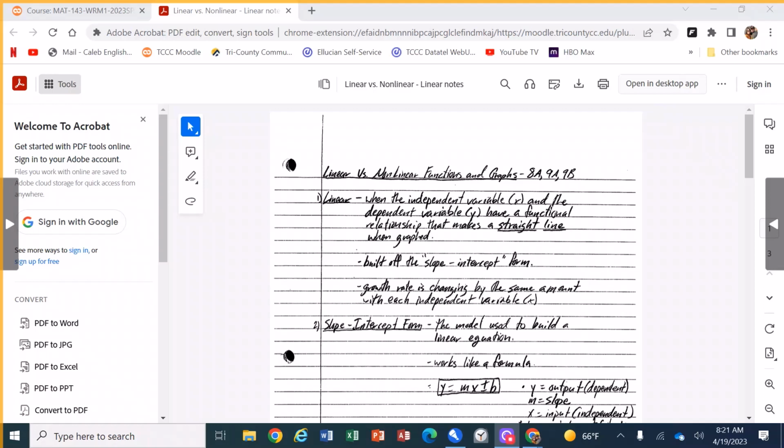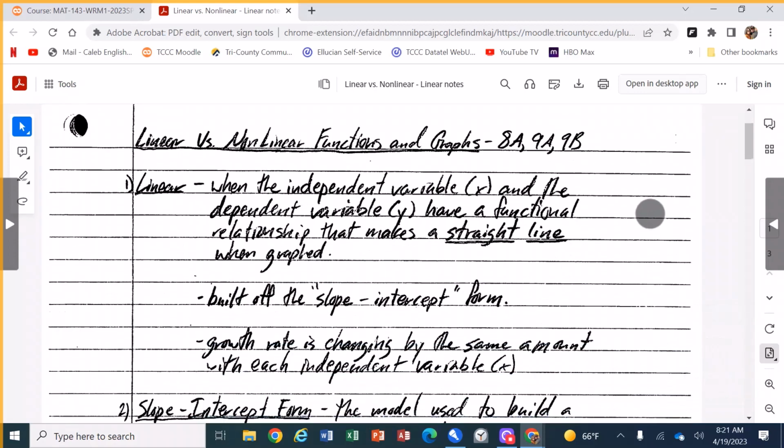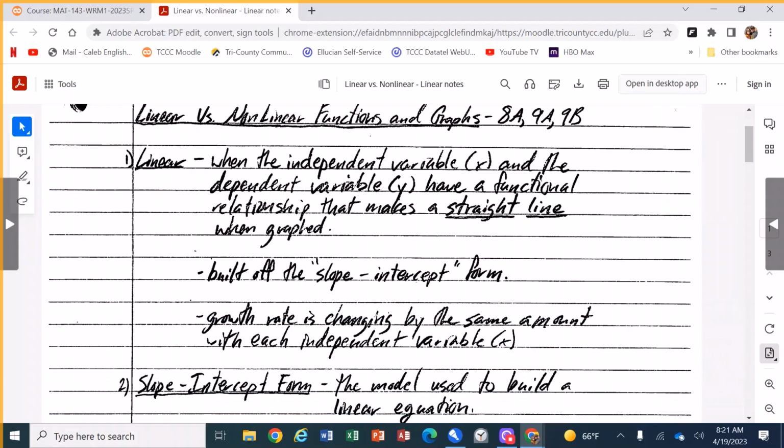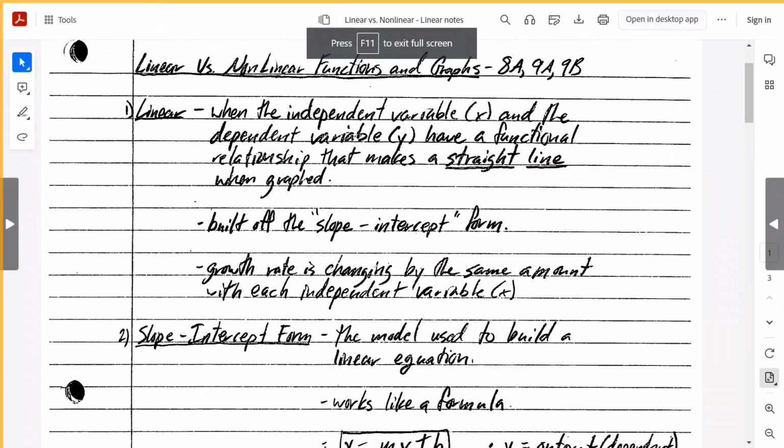Okay, so Monday we talked about linear versus nonlinear, or we started the linear versus nonlinear section, but we only talked about linear. I'll get my ducks in a row here in a minute. So we talked about what it meant when it is linear. In other words, the x and y variables have a relationship that is constant and it makes a straight line